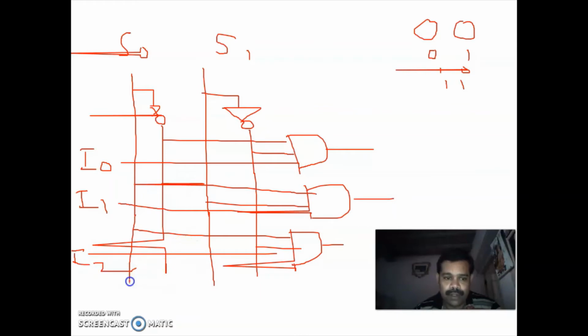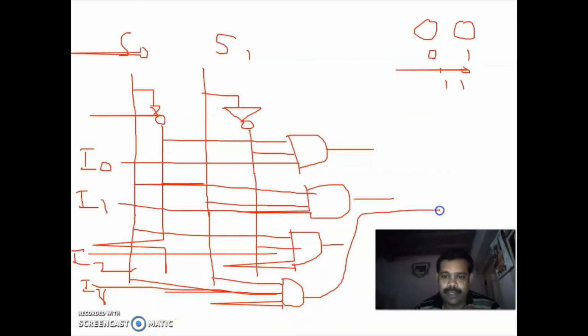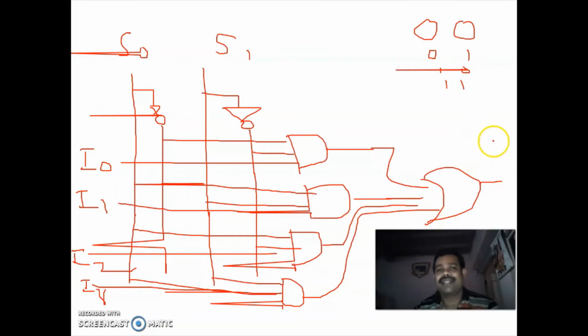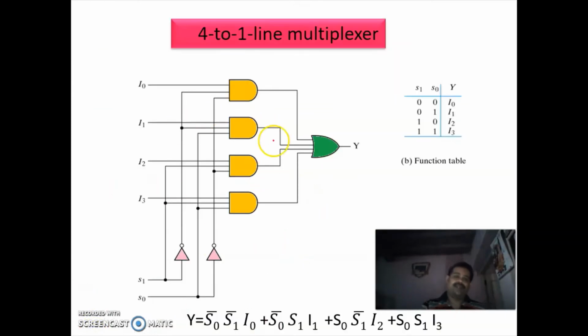Then 1 1, you give the input I3. Then you connect all the inputs to the input of an OR gate, and the output is nothing but the 4 to 1 multiplexer. This is a simple way of drawing your 4 to 1 multiplexer. This diagram is also the same; they are drawn in different methods.